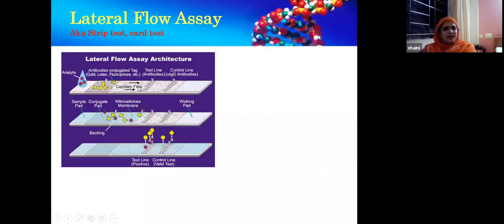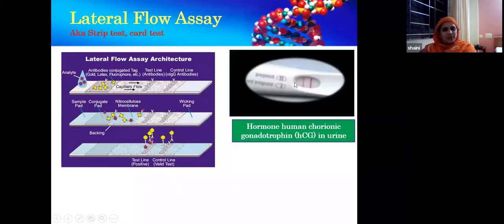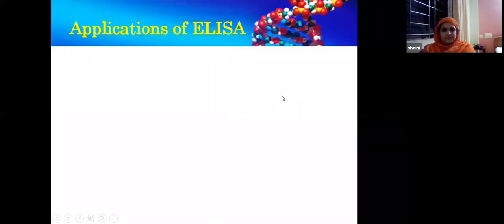And then finally, you have an offshoot from all the ELISA tests, called the lateral flow assay, or immunochromatographic test. You have a strip test or card test, wherein you put the test sample on one end of the card or strip, and it will start diffusing by capillary flow. It will pick up antibodies, and then at the test line the antigen-antibody reaction will happen, and you can see a positive result. The prototype, and the most commonly used of this, is the pregnancy test, in which you test the human chorionic gonadotropin hormone.